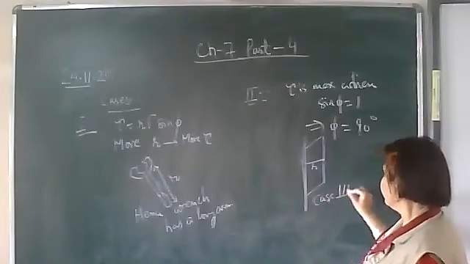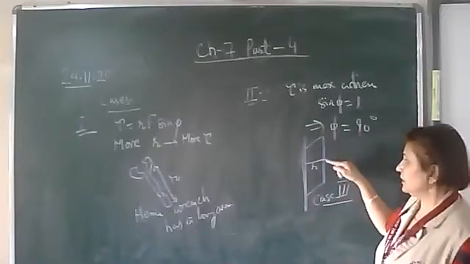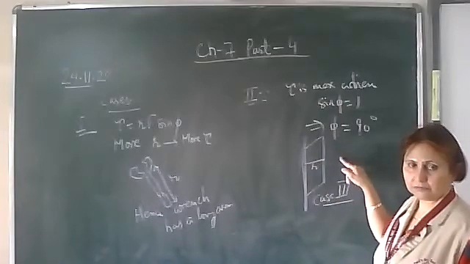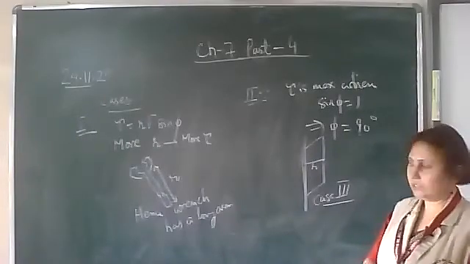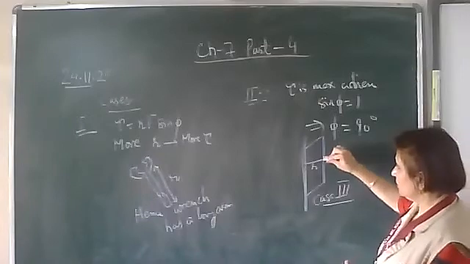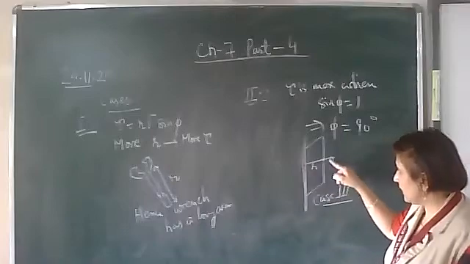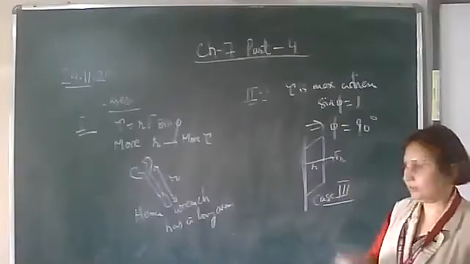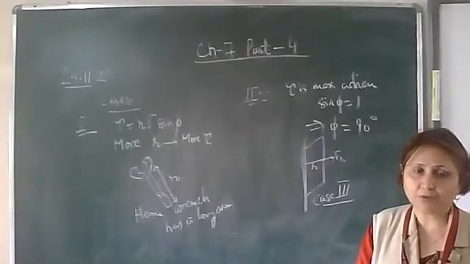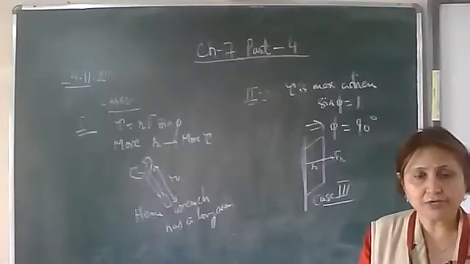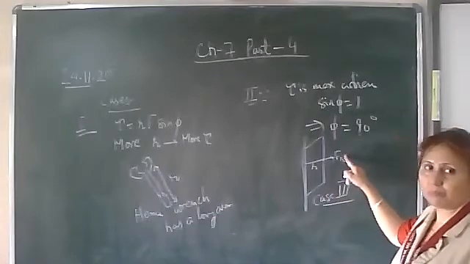Okay, case 3. If you apply the force parallel to this R, would you be able to open or shut the door? If you apply the force along this direction, this is the radial component of the force. This along the R vector, what is that component? That is the radial component of the force. Due to the radial component of the force, the tau is 0. No tau is applied due to the radial component of the force.